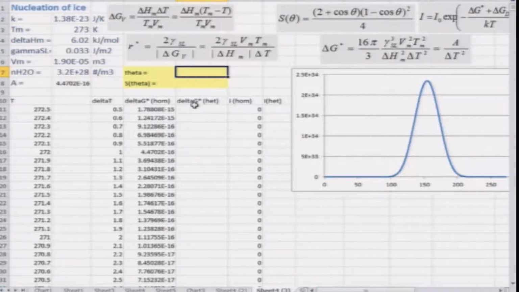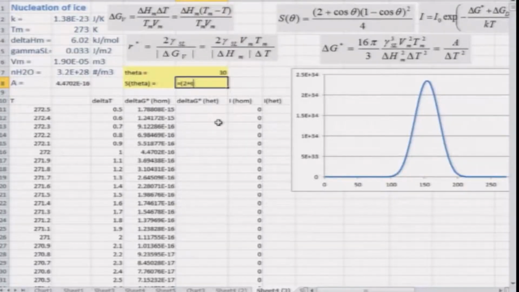Let us keep our angle to be 30 degrees, for which let us calculate the shape factor S theta here. Here I will write down the formula for S theta, which is given right at the top here. So, S theta is equal to